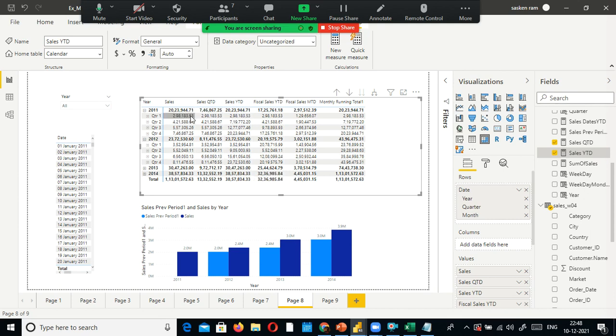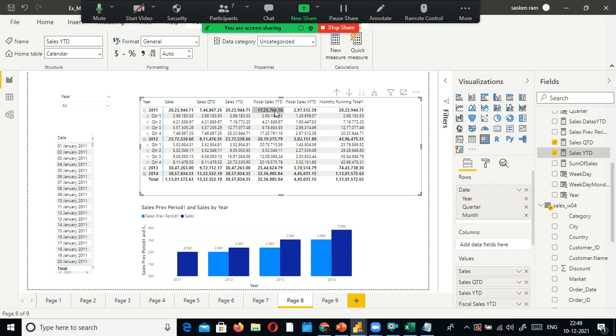Here, if you look, 298 plus 420 is almost 7.9. So for quarter 1, quarter 2, quarter 3, it is doing the running total, the cumulative total. This one will get added, this one and this one. All these things put together, we are getting 2023 9471. Okay, so for year to date, you understood, right? All the quarters' running total is nothing but your year to date. We can say it that way also.